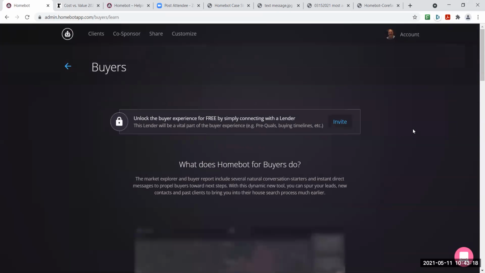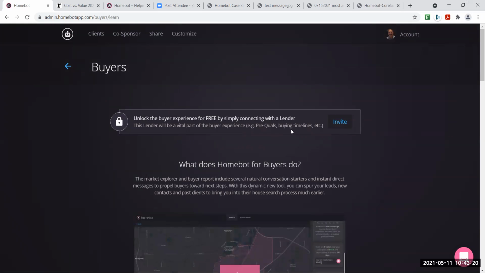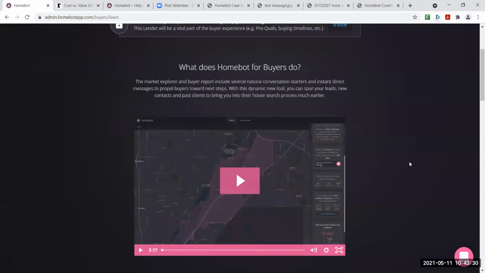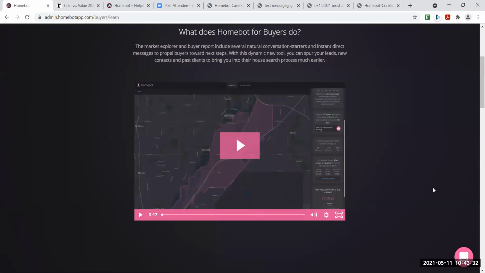In order to utilize this, you need to connect with a lender. There are lenders that are using the HomeBot system, and what you could do is reach out to one of them and say, hey, I'd like to connect with you. And as a result of that, it opens up this entire buyer's window that provides, here's a short video that